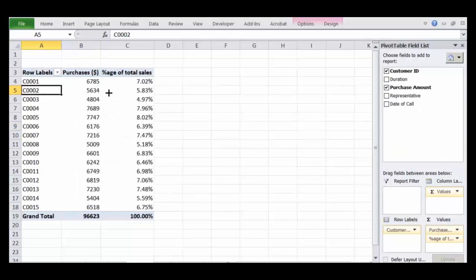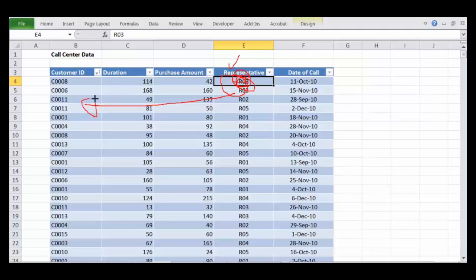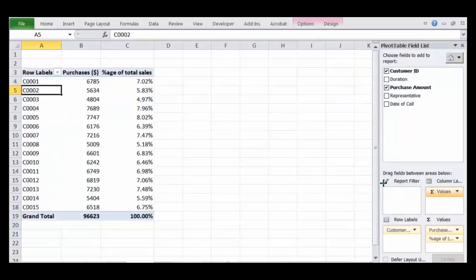Now many times you may want to know, if you see this data, this client is served by this representative. You may want to filter on the representatives and see how each representative is serving the customer and getting the revenue, right? So what we can do is, you will find that there is a report filter over here.